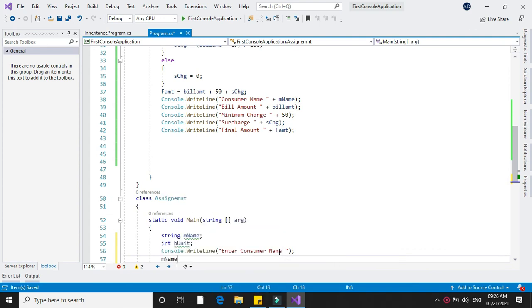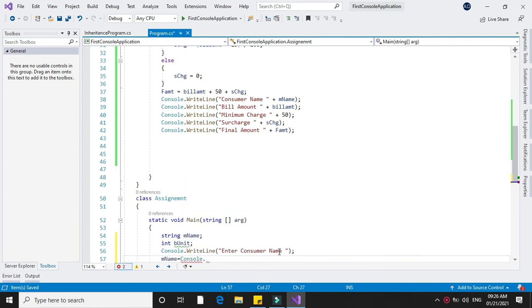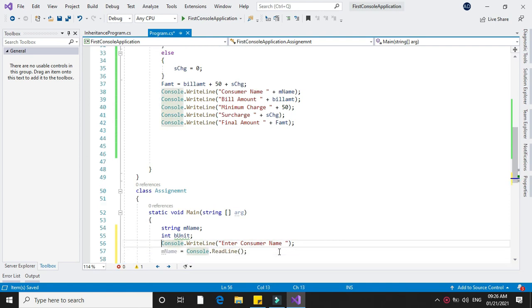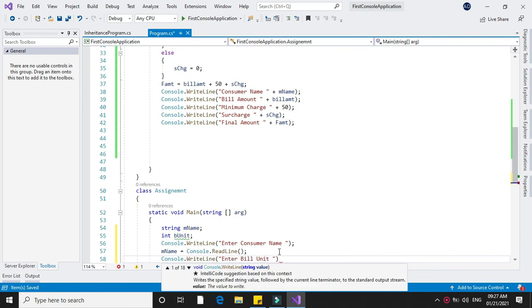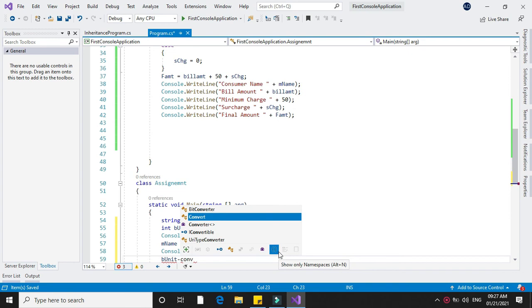Since it is a string, no need to convert, so we will directly call Console.ReadLine. Then we will accept the bill unit. Since it is integer, we have to convert it, so we will use Convert method, Convert.ToInt32.